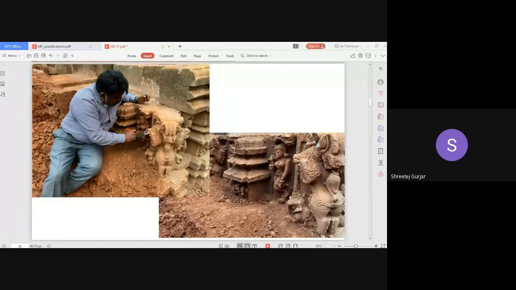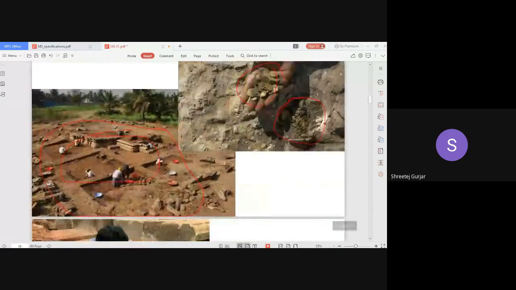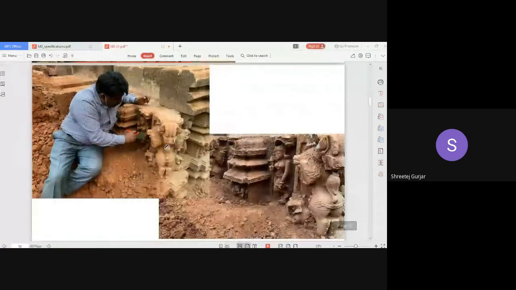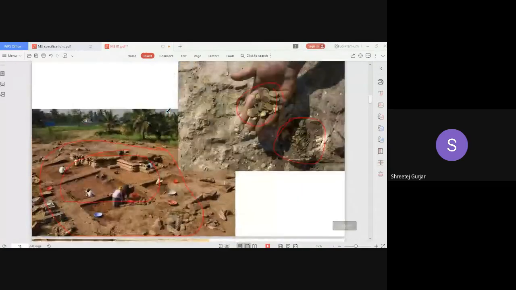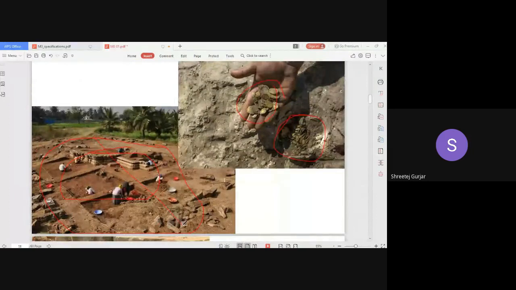They'll do kabja on your land, and your land is gone now. Because once archaeological people come and say that this is important, then this will come under UNESCO and all. ASI will come and take over your land, and you have to forget your land, right? So pray that you do not find any of these kinds of things in your land. If you find them, you have to report to the government, and it is the property of the government. But if you do not report and you keep it in your pocket, then that is left to you.